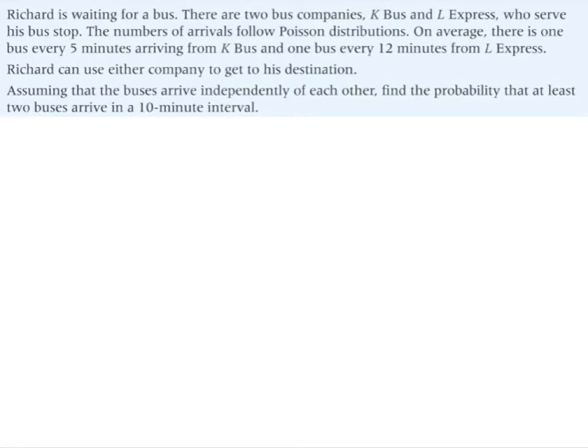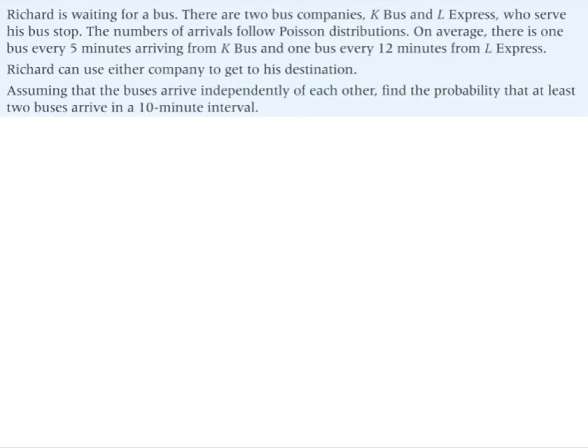The first one is Richard is waiting for a bus. There are 2 bus companies, the K Bus and the L Express, who serve a bus stop. The numbers of arrivals follow a Poisson distribution. So remember, I mentioned that I made up that distribution, but it works for all the types of distributions that we looked at. So this is an example of one that has a Poisson distribution. On average, there is 1 bus every 5 minutes arriving from K Bus and 1 bus every 12 minutes from the L Express. Richard